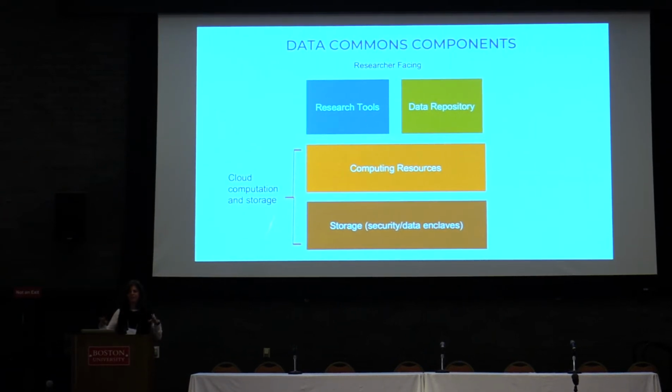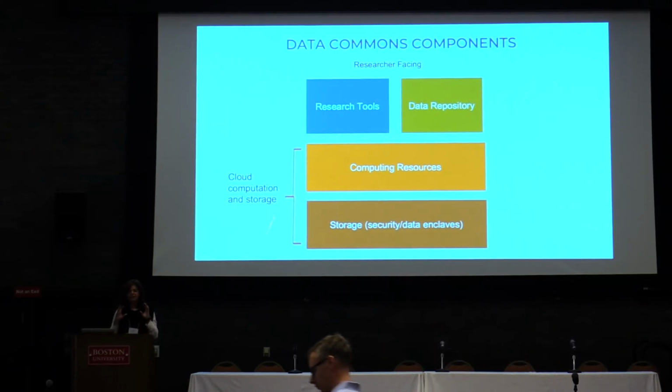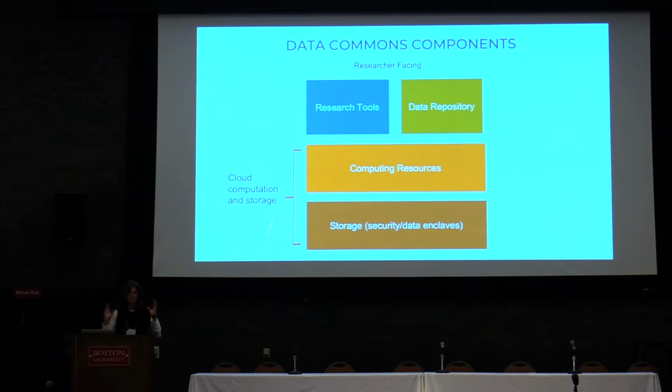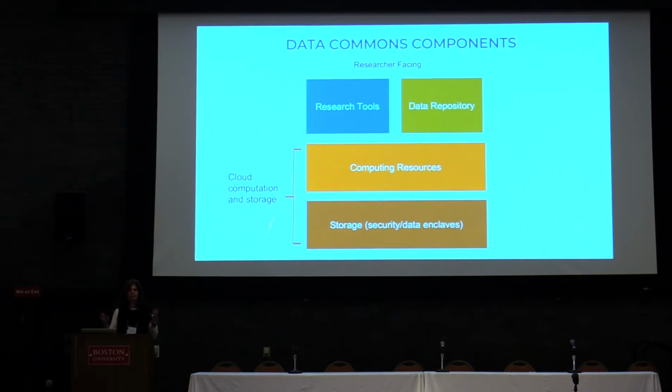Rather than just a bunch of services, software tools, and data in the cloud, the important part that makes it a commons is the integration and interoperability of all these pieces to make a seamless workflow for research, for the research lifecycle: data analysis, processing, exploration, visualization, anything you are going to do with the data, with all the tools you need for your active research available in one place,